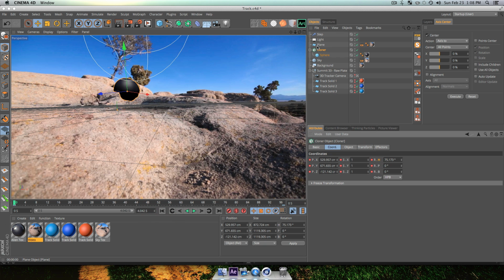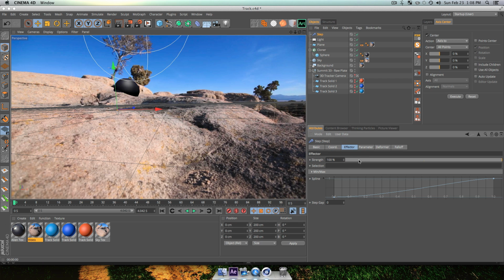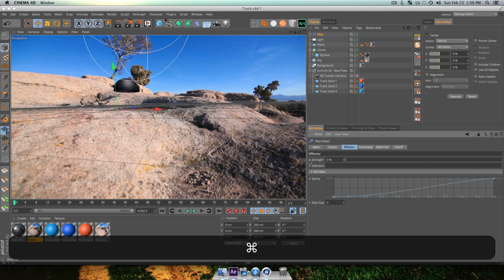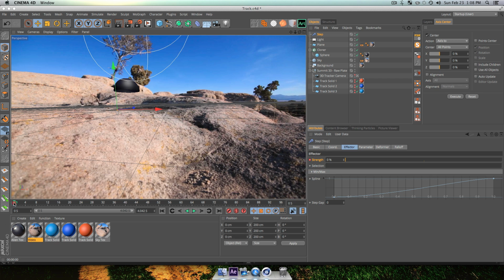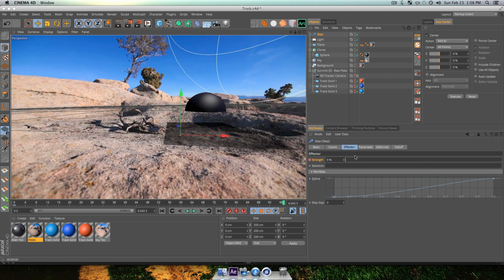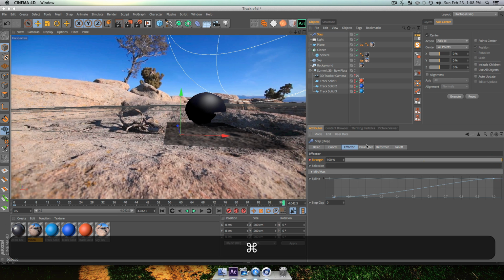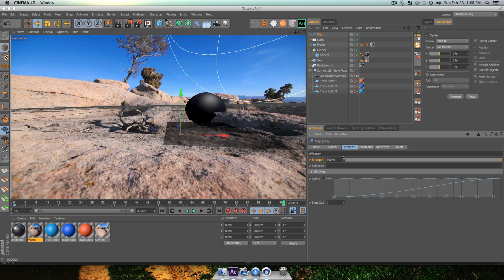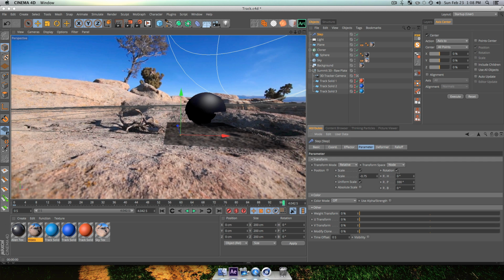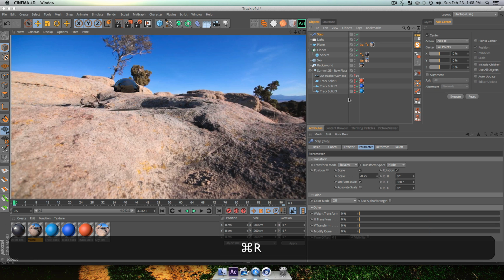Now what we're going to do is click our step effector, and on your effector, go down to strength and turn it to 0, and hold Command and click this button here, and that's at frame 0. Go forward to the end, and we're going to turn our strength up to 100. That means this effector is going from a strength of 0, so these parameters will be affecting our object 0, and slowly turn up over time. So basically, this is our scene.